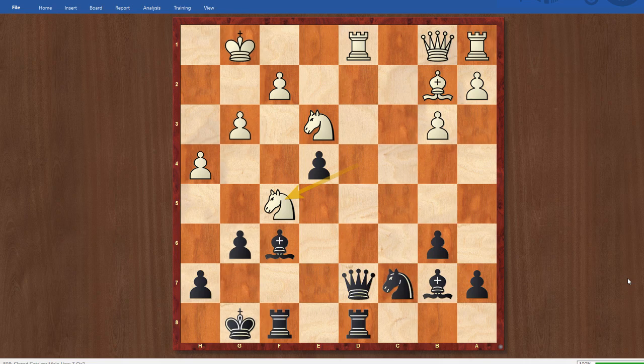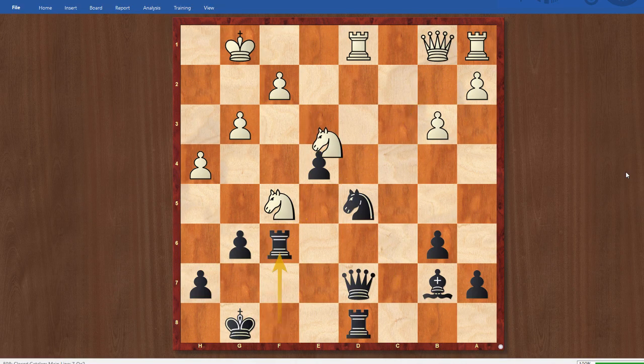But other moves were not going to be so helpful either, and there's just too many weaknesses now in the dark squares, especially with these bishops about to be traded off. So after knight d5, White took on f6, and I played rook takes f6, and now knight takes d5, and